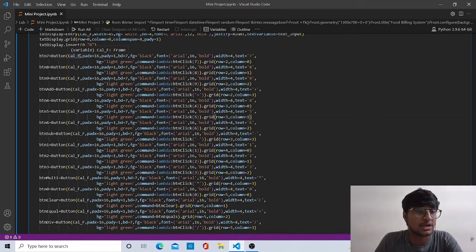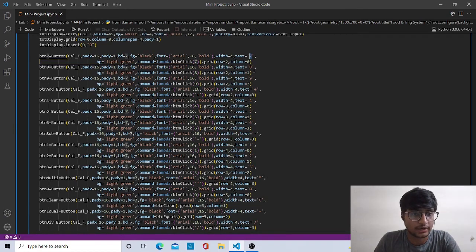So let's say for the calculating button 7, I have introduced 8, all the buttons which are included in the calculator, with a clear button, equal button and division button in it, with a padding of 16 for the x-axis, y as 1, border width of 7, foreground color of black, font is Arial, and with the size of 16, type of bold and with the text which is 7.